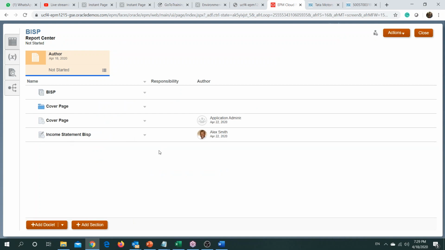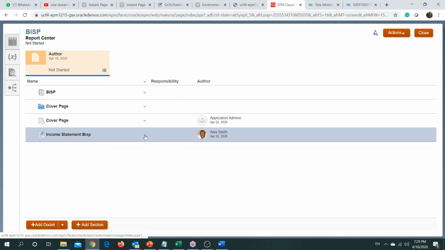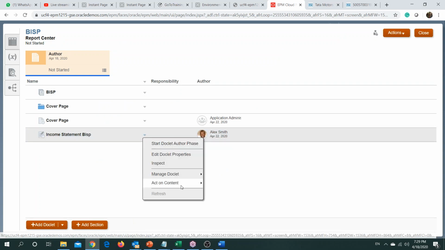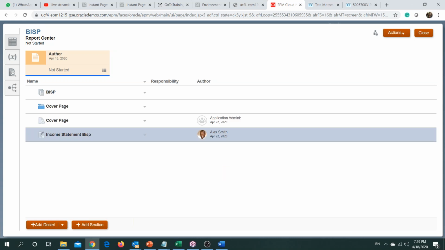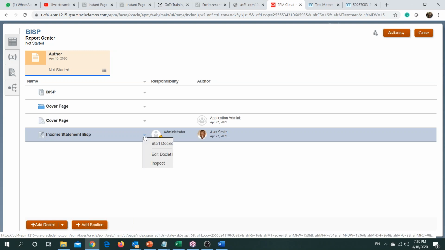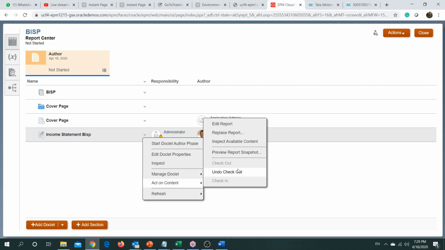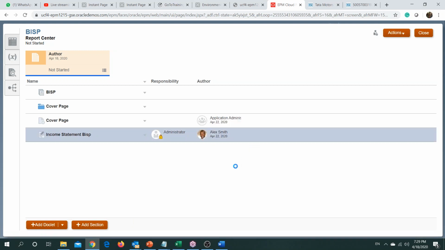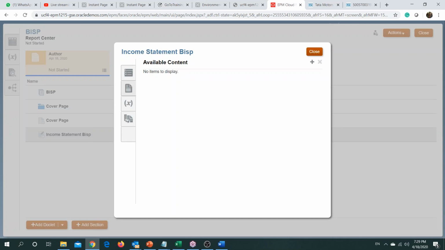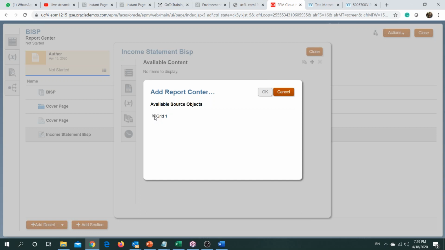Now we need to bring this particular report into a report package. For that, you have to act on content. Just go to act on content, check out, author phase enabled with the responsible person. You inspect available content, you add your content. So it will ask you for the grid that you have.